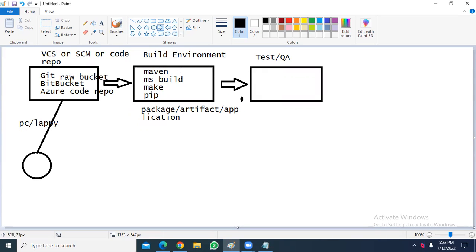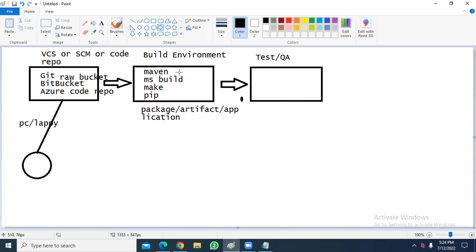From there, we can use build tools like Maven, MS Build, Make, Pip. These are the build tools for various languages. The outcome of the build environment is a package or artifact or application. These are synonyms. Since we cannot use raw code directly, the code available in the version control system will be promoted to the build environment.